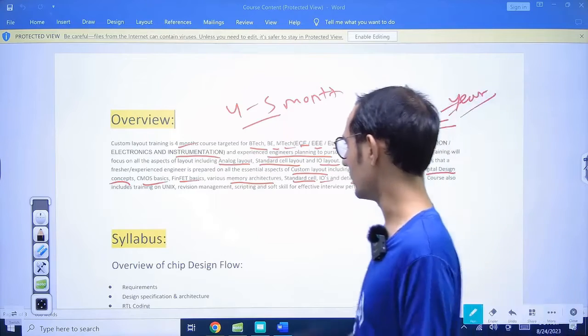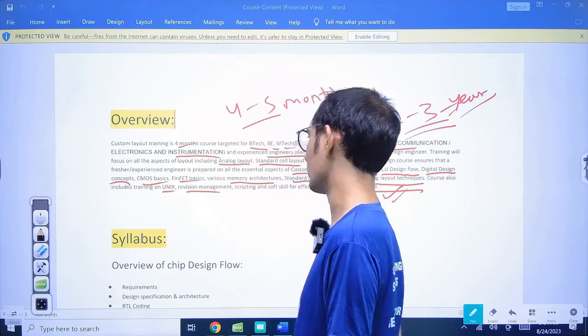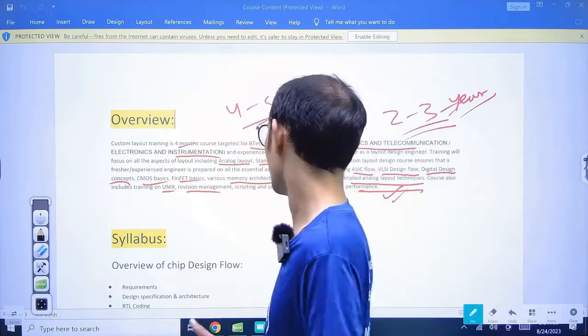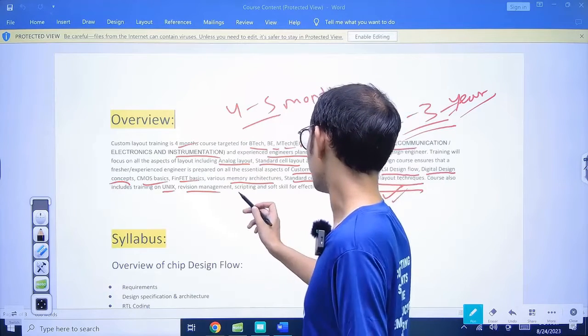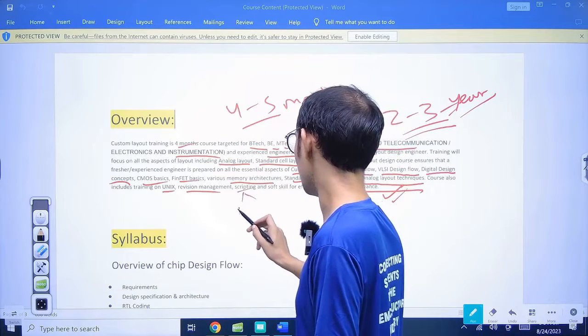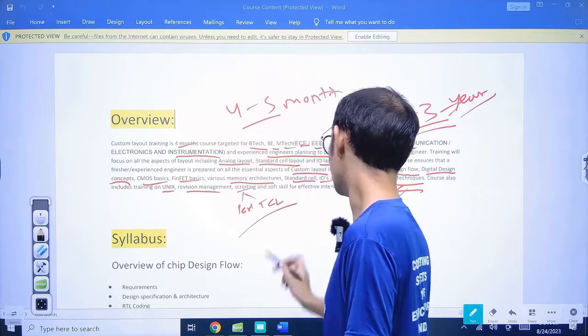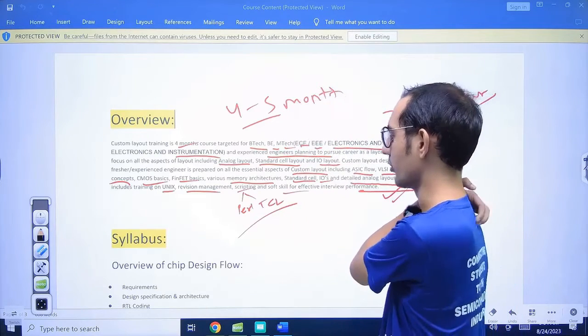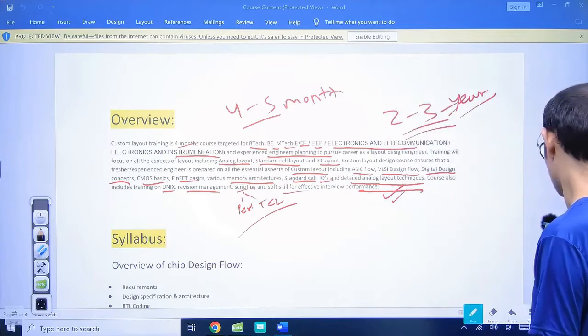In this course, we will also cover Unix and Linux, revision management, and how to do the revision of the course. From time to time we will take your mock interviews and tests for that purpose. After that, scripting languages like Perl and TCL we are going to cover for automation. Soft skills like mock interviews we will cover as well. So coming to the next part,